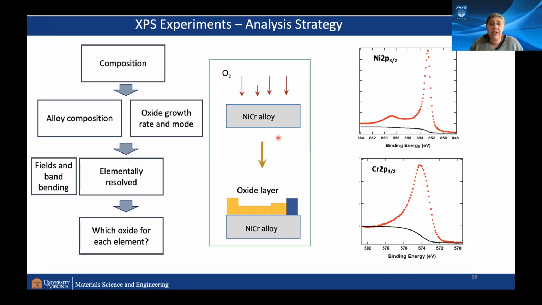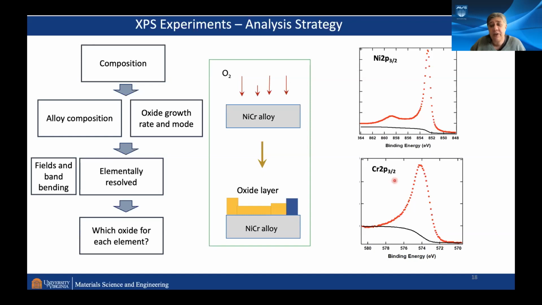We get that clean surface by essentially heating the whole thing to 700 Celsius, at which point in vacuum, the really crappy oxide, which you create in ambient conditions, is reduced in UHV, and we can start with a clean surface. And then we grow the oxide layer by exposure to oxygen. Let me point out that on nickel as well as on chromium, you immediately move into a dissociation of the oxygen, so we don't have to consider a molecular adsorption in this case.